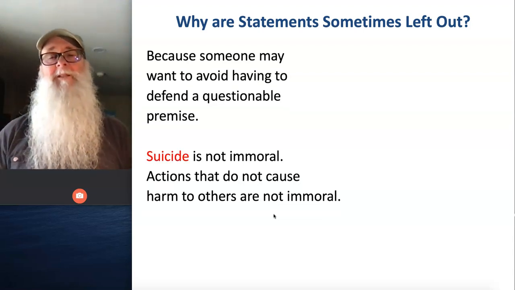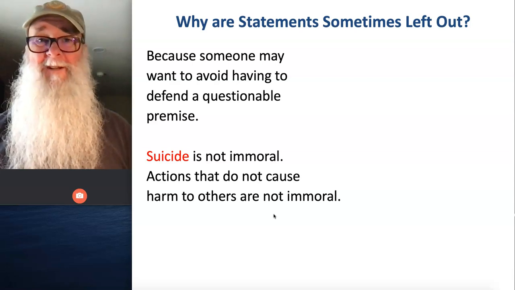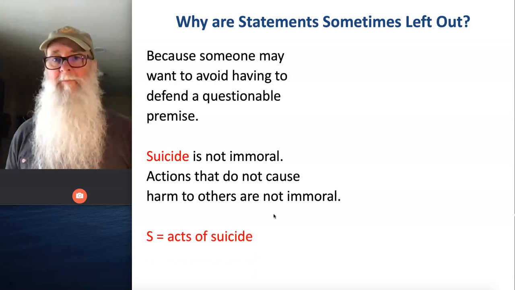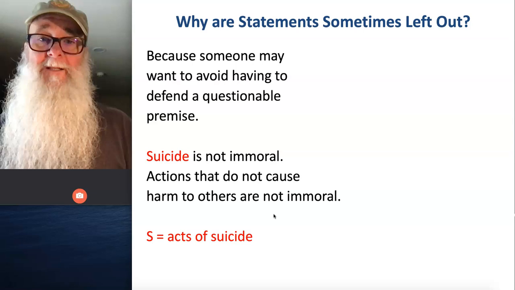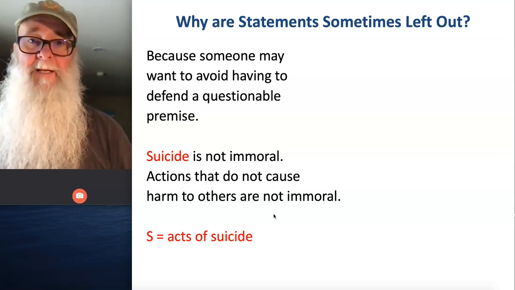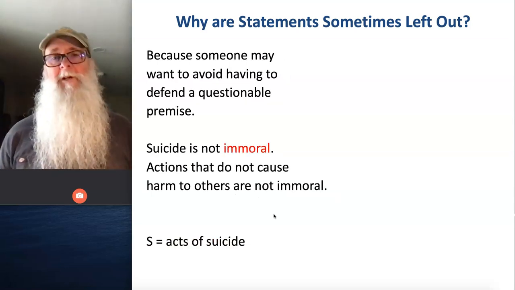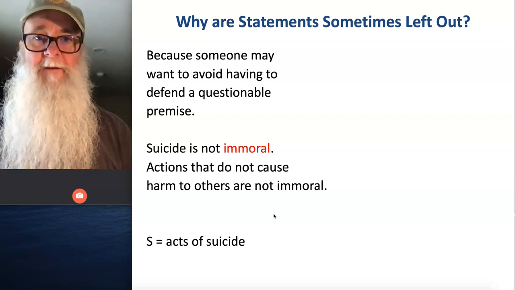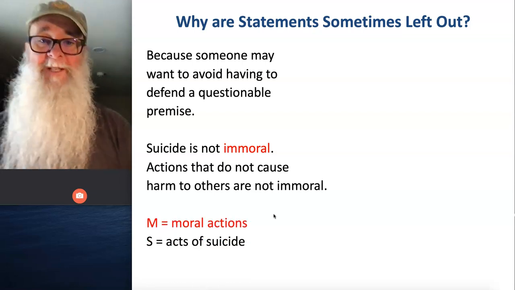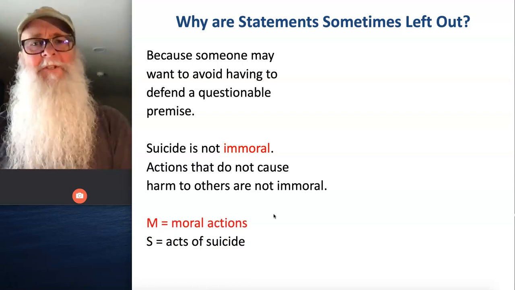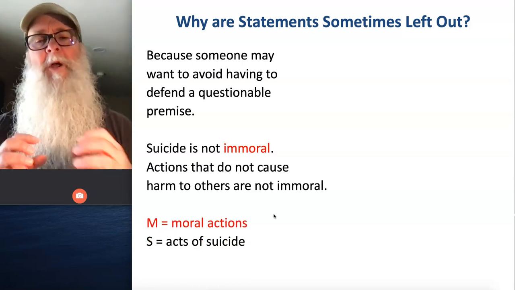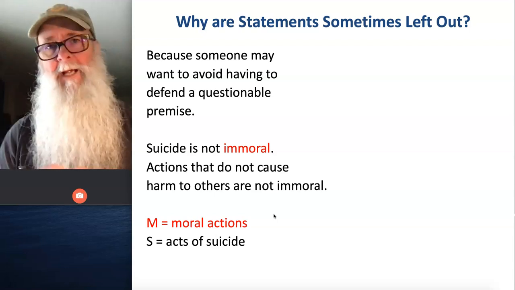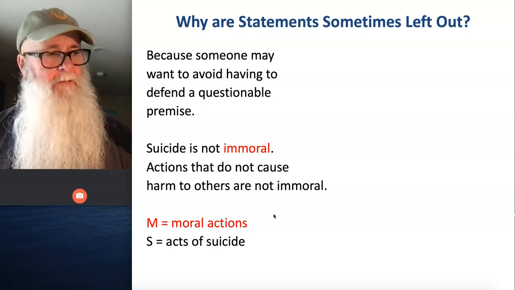The first term I see is the term suicide. Unfortunately, it's not a plural noun or noun phrase, but I can make it into one pretty easily. Acts of suicide. Okay, so we're going to continue looking for our terms. Next one we come across is immoral, which is also not a plural noun or noun phrase, but again, we can make it one pretty easily. Moral actions. And you'll notice that I've chosen to use the term moral actions rather than immoral actions. And I'm choosing to do that because